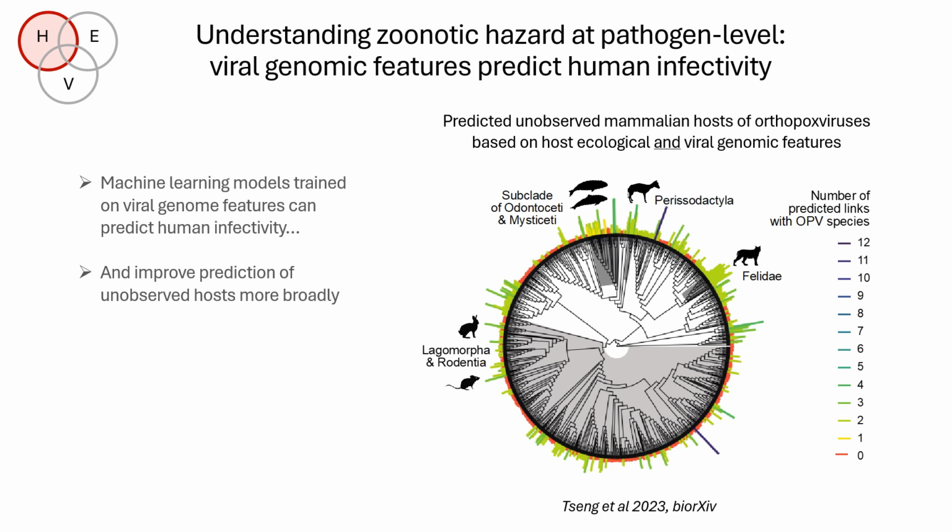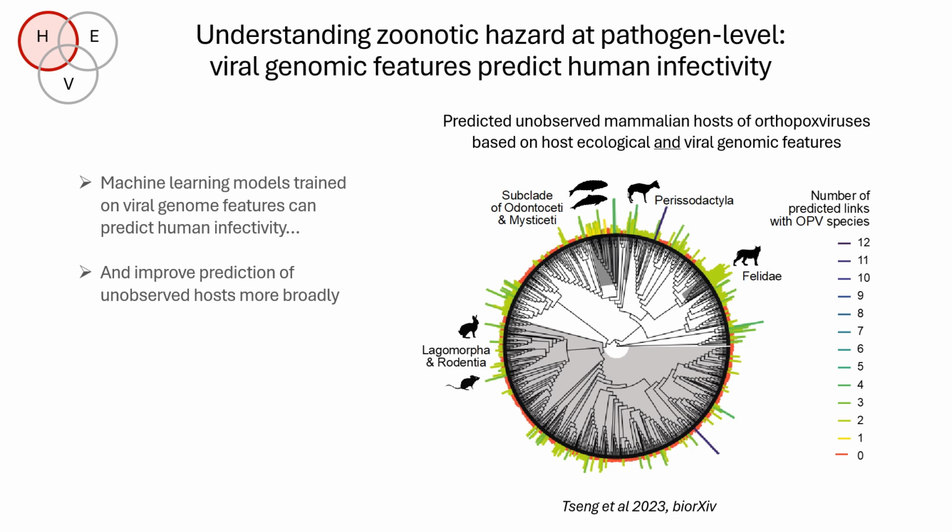a challenging and contested field, we can use viral genome features in the same kind of way to improve our predictions of unobserved hosts in a similar way to what I showed you before for predicting bat hosts. So this is a paper that some colleagues from the Verena Consortium led on, showing that bringing in genomic features from orthopox viruses helps us to do a better job of predicting those mammal species that are most likely to